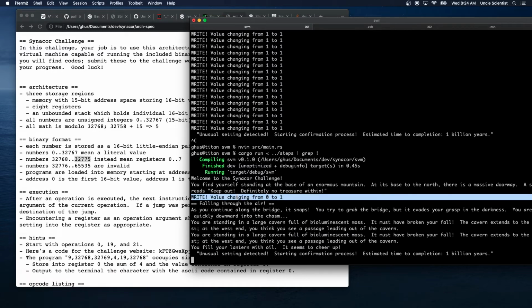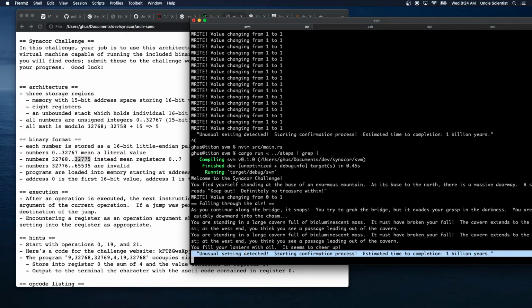Okay, so here's the write that we did. And now it's saying unusual setting. Starting confirmation process. So at this point now we are, and it's not accessing that register. I was hoping it would try to read from the register and say what's going on. And then we'd say, okay, this is the code now that we're actually,